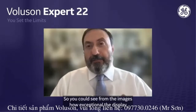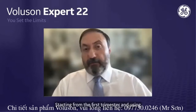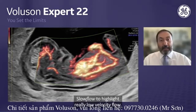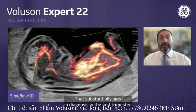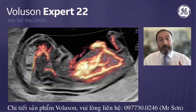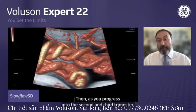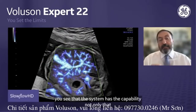Yeah, so you could see from the images how exceptional the display of color Doppler is, starting from the first trimester, and using slow flow to highlight really low velocity flow, that substantially aids in diagnosis in the first trimester, whether you're looking at the fetal heart, the fetal brain, the placenta, cord insertion, and so forth, a significant impact. Then as you progress into the second and third trimester, you see that the system has the